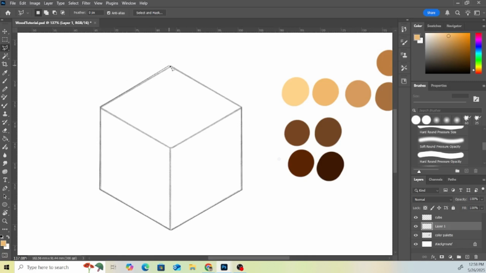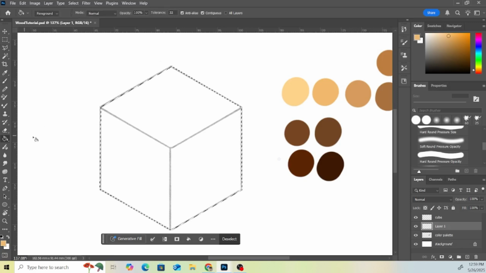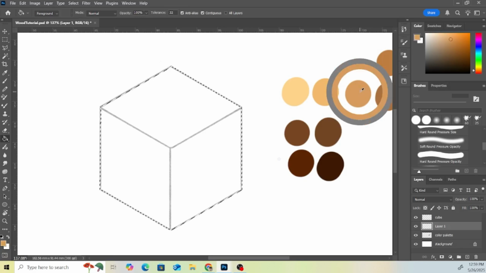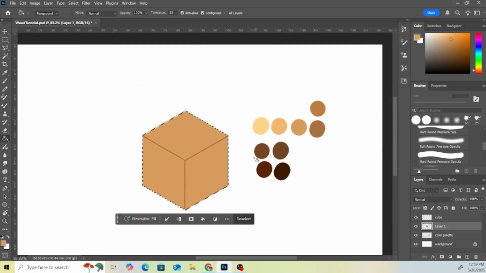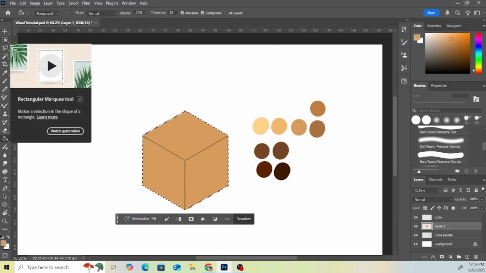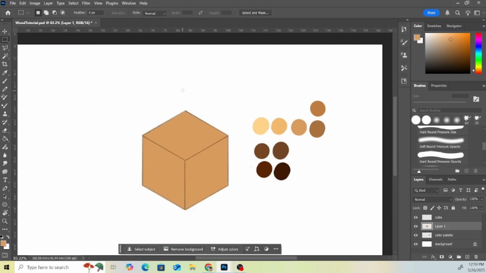And we're going to set this with a base color. So I'm going to get my paint bucket with G. I'm going to hold Alt to select probably the mid color. This one is a good mid color, and I'm just going to color that in like that. So we have our base right here. Now what we're going to need to do is color the top and the side. So let's start with